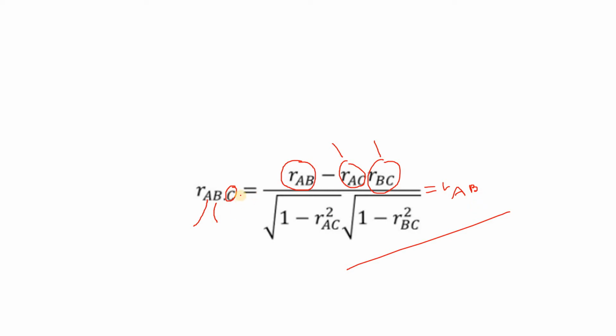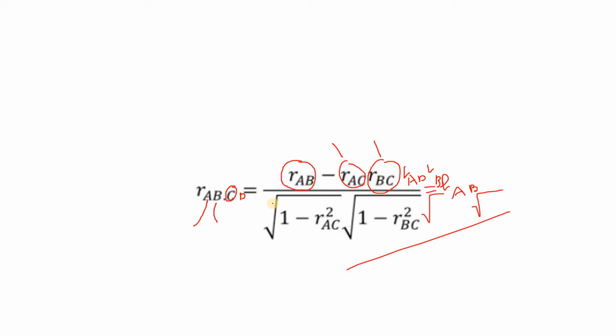Suppose we want to exclude one more effect, one more independent variable. Suppose D is present which is influencing the correlation between A and B. To do that, we need to multiply the raw correlation between A and D and the raw correlation between B and D in the numerator. And then we need to put two more normalization terms, the square root of 1 minus R of A and D squared, multiplied by the square root of 1 minus R of B and D squared. Like this it will go on if you introduce more and more variables.